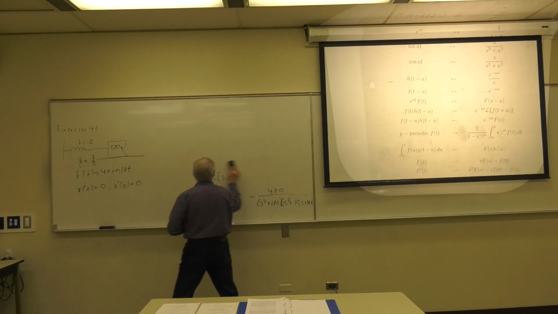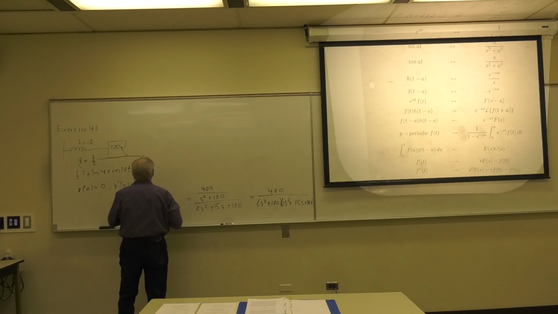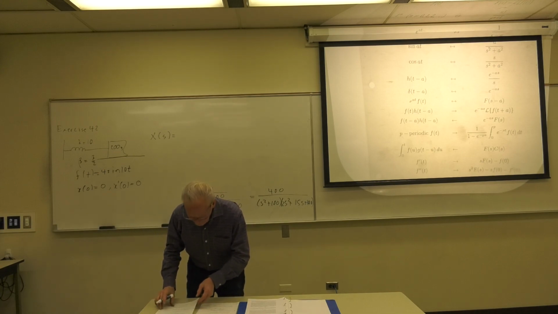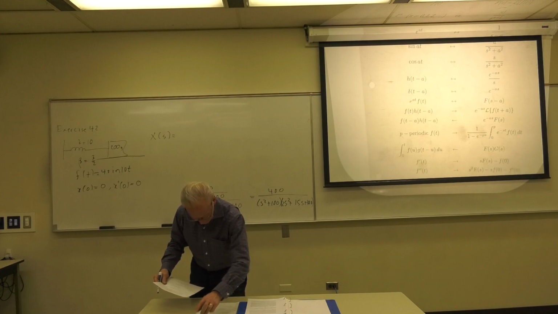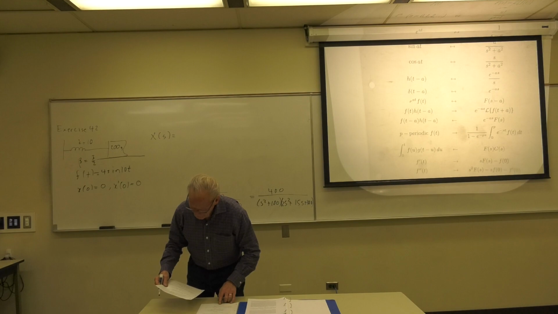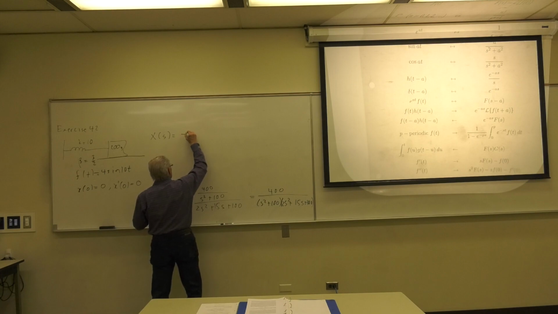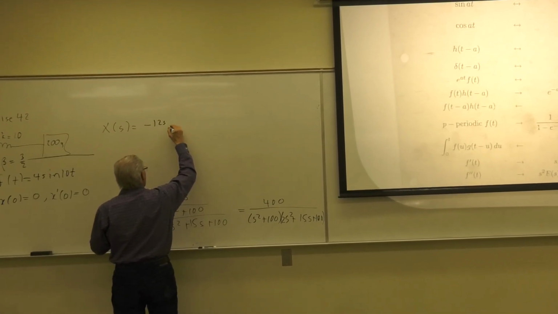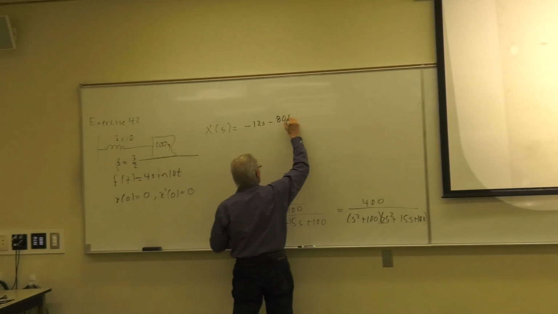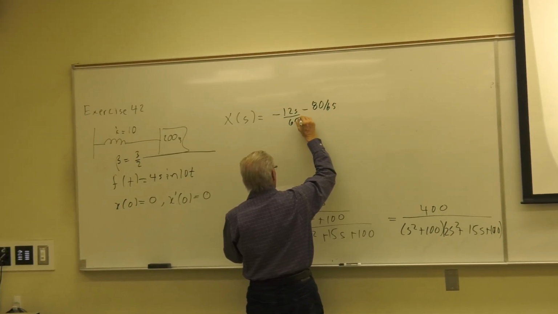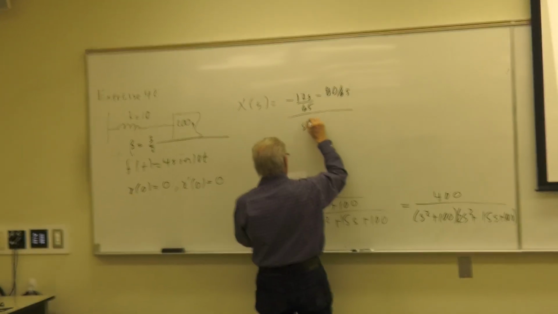Now, when you partial fraction that thing, you get that X of s is equal to minus 12s minus 80 over 65, and I believe this one is over 65 also, all over s squared plus 100